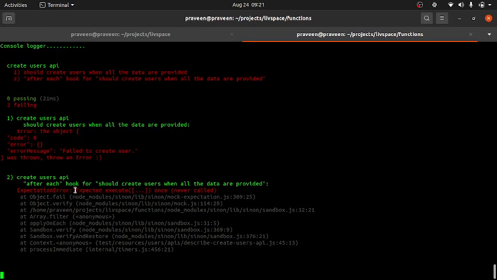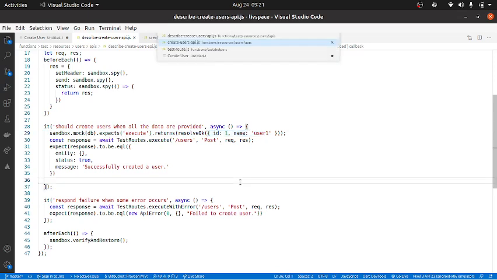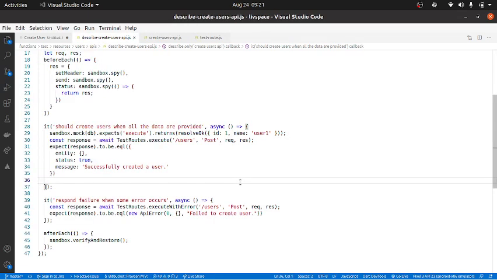So it basically tells expected execute once, but it was never called. So essentially what we did right now is, in order to fix all the test cases, we are telling, okay, we need to make a DB call, which basically does an execute, and this needs to resolve and return this data back. But now since we are not doing any of those things, it is basically failing. So I'll just go to create user API. Just give me a second, guys.